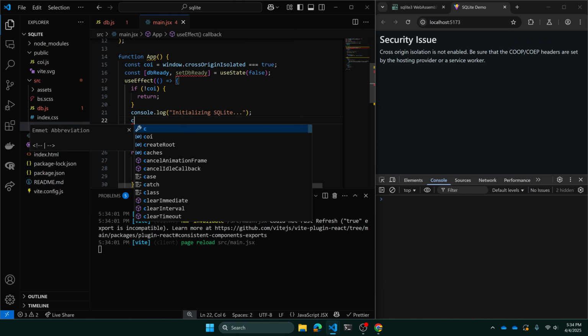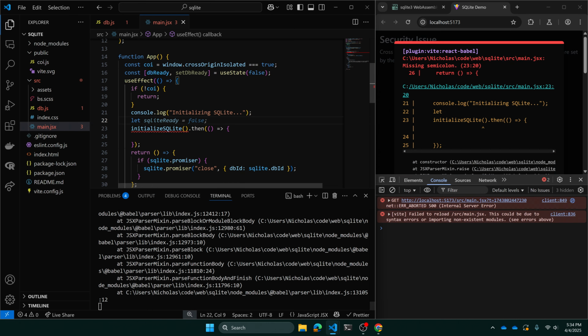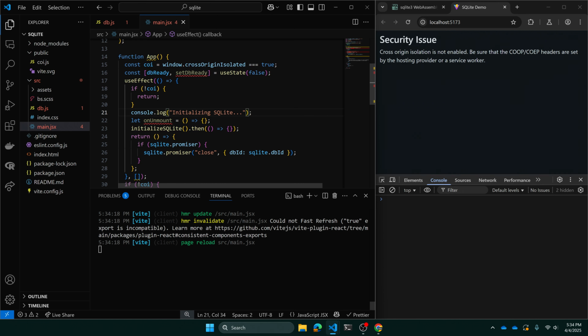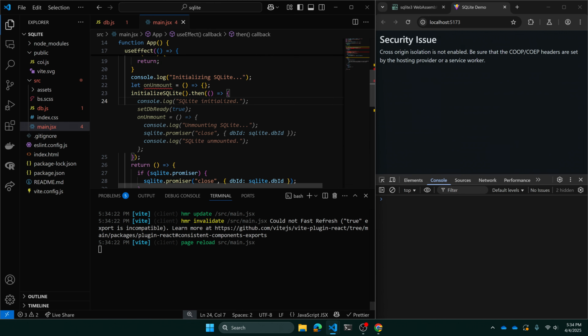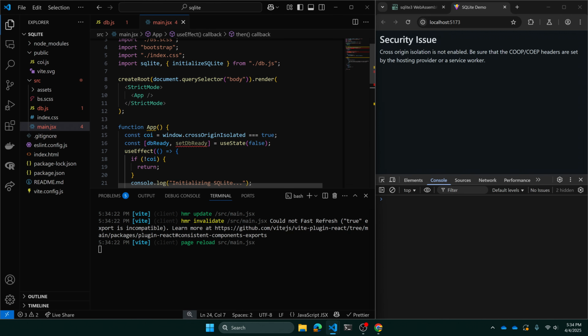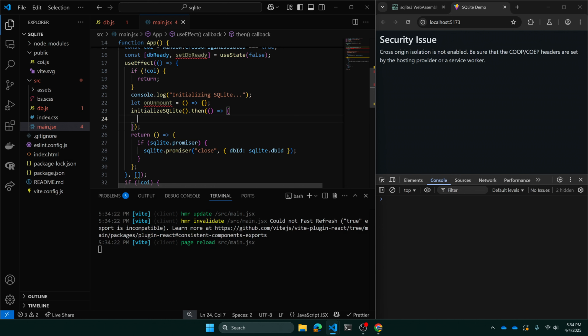And we could say, let the unmount function be just a function, an arrow function that does nothing to begin with. And then if SQLite was successfully initialized, we know that the promiser is going to be available. So then we could say to do this particular action, which would be